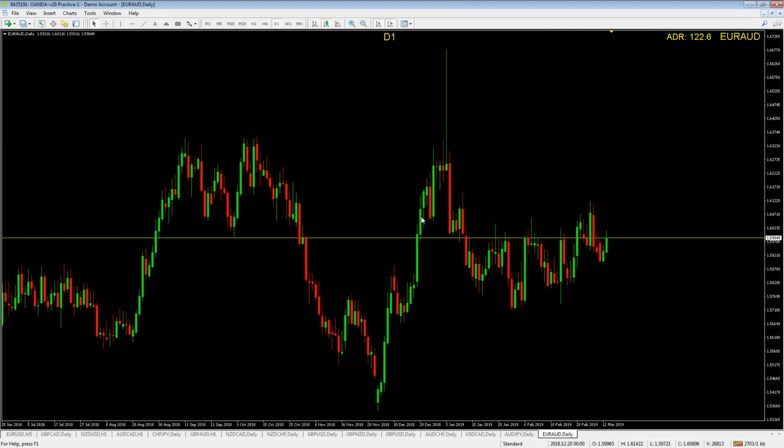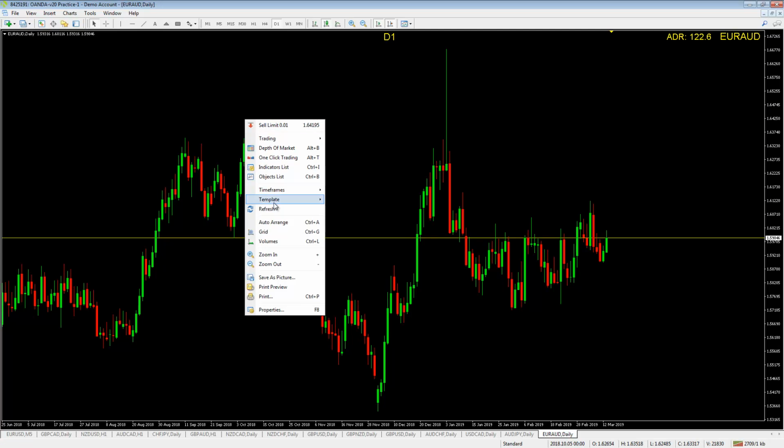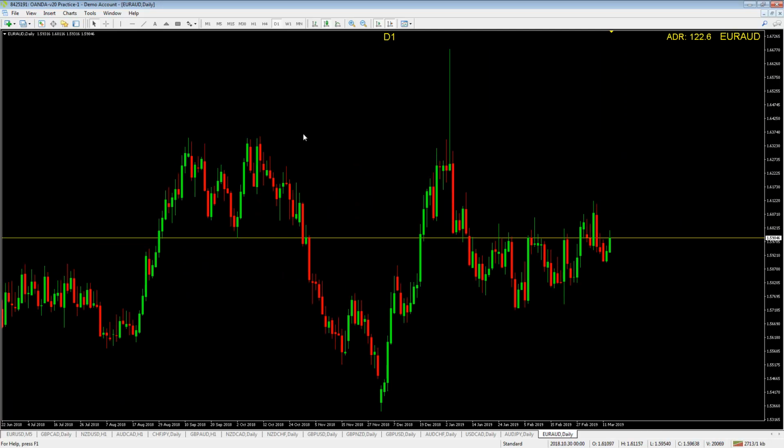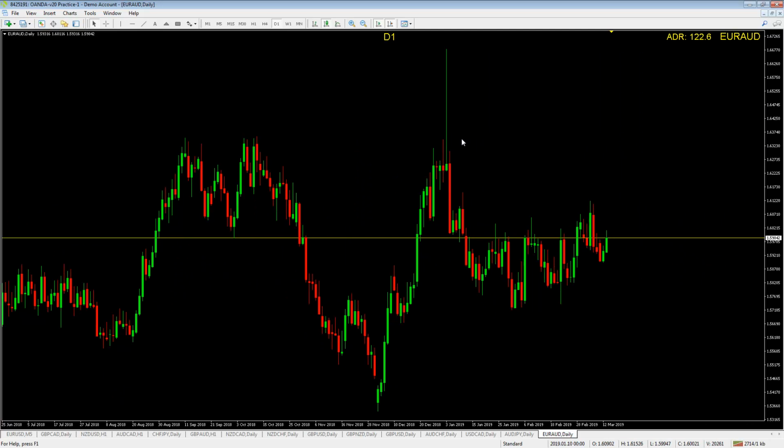Okay, here's Metatrader 4, set up exactly like I had it set up in the SimpleADR video. If you haven't seen that, definitely watch that video. It's a handy little tool. It's right here, the one displaying ADR 122 pips. Now, let's right-click on the chart, go to Template, and you'll see right here, blank black chart. That's my basic chart. There's no frills, no nothing on it, okay? Other than the